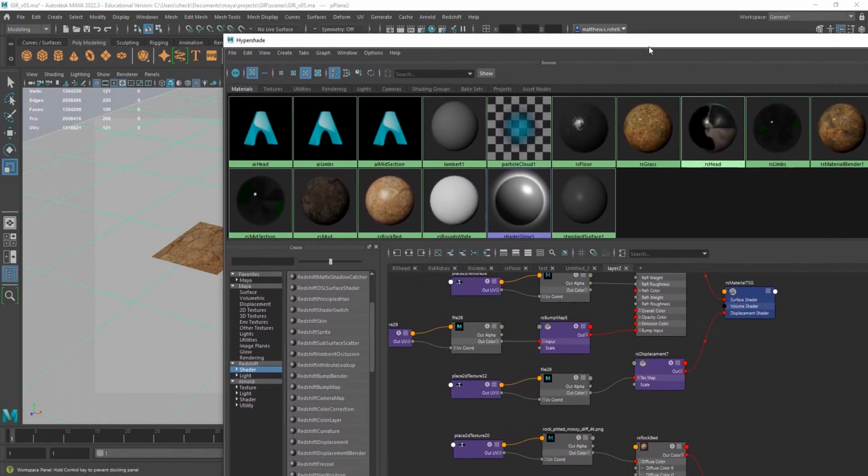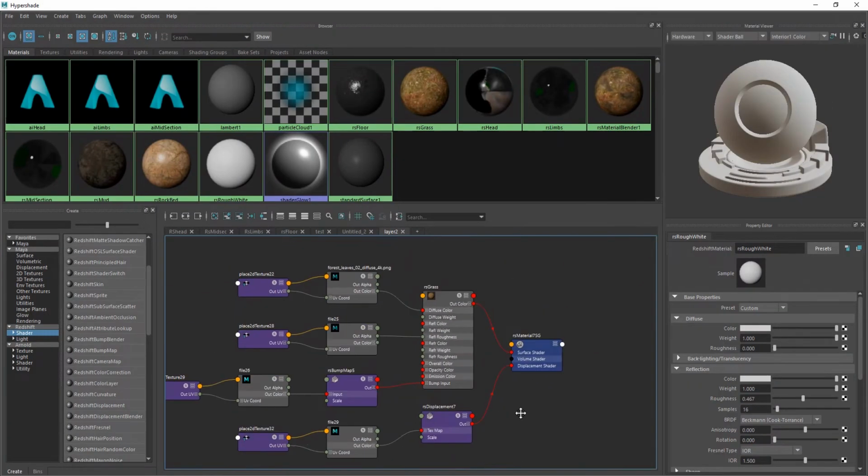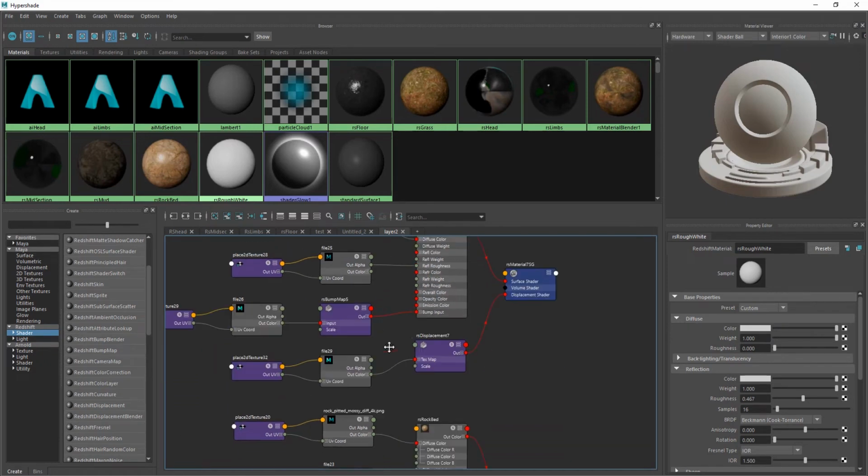Well, if you've been building shaders in Maya, whether you're new or old with the program, I'm sure you've noticed that you have nodes that pop up in your graph editor. I'll usually call it the node editor, even though within the context of the Hypershade it's called the graph editor, but that's confusing since it can be confused with other editors, so I'll call it the node editor. Here within the Hypershade's node editor,